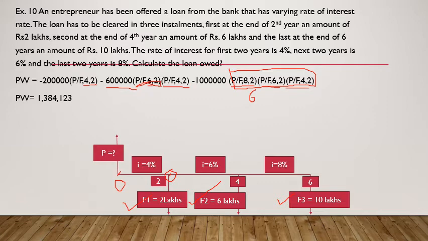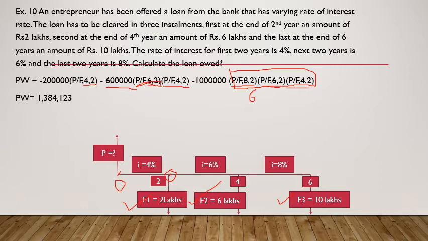Let me remind you one particular thing here. Don't forget to substitute the value of P by F comma 4 comma 2, P by F comma 6 comma 2, P by F comma 4 comma 2, and all these factor values must be substituted here. I have skipped that step because we have been solving many problems, and in order to save time I have skipped that step. But in examination you are not supposed to skip that step. You need to write the factor values as the second next step and then the final answer.